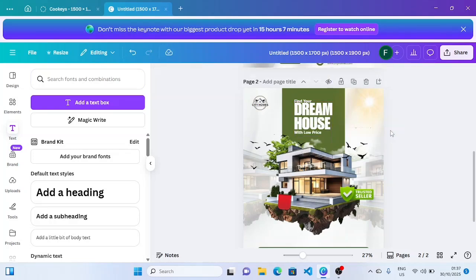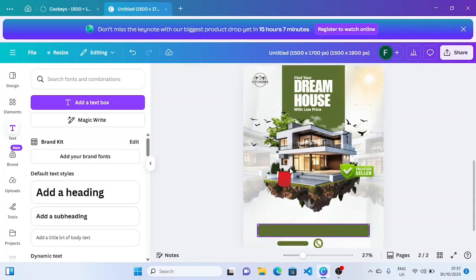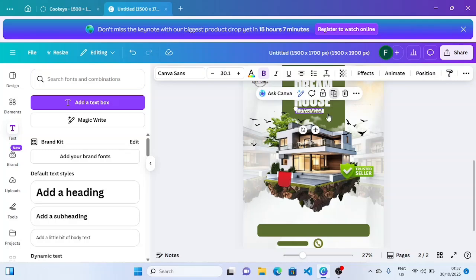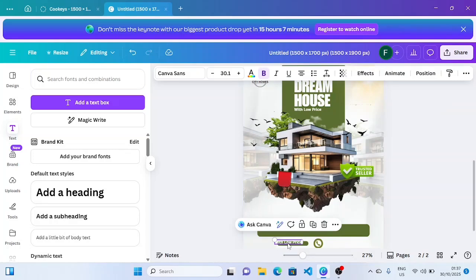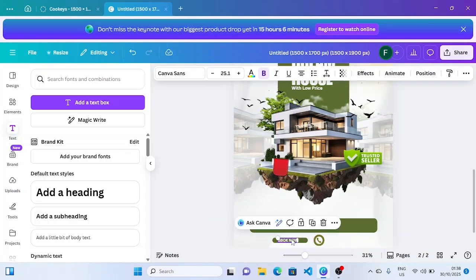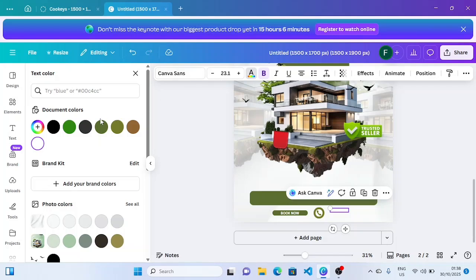So we are almost done with this particular part, and now let's work on this base. So we duplicate this too, bring it here. So first of all, we edit this to book now. So book now, we reduce the size, and we place it here, and we duplicate this, we bring it over to this side, change the color, let's use the black color and